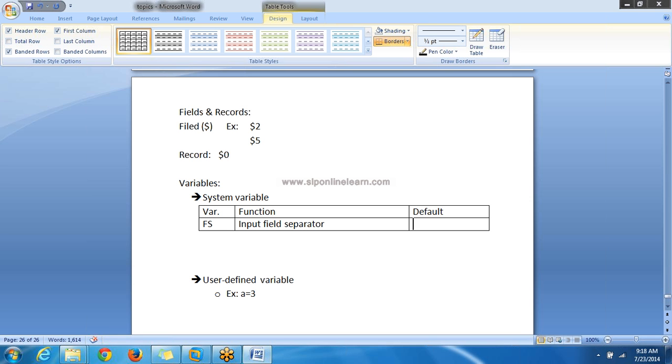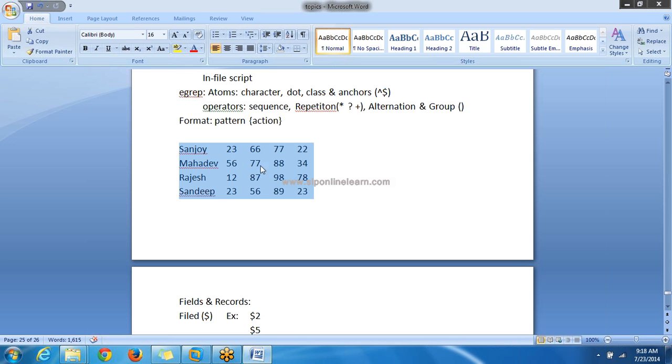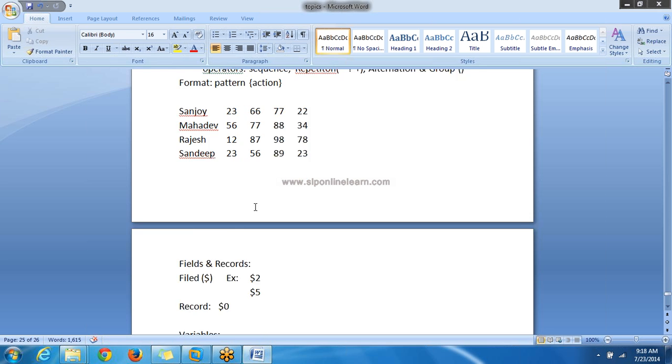The default value for this one is tab space. In your input file, the field separator is tab space. This is the default one, so no need to specify it explicitly, either by using the option or the variable. If it is other than tab space, we need to specify it.